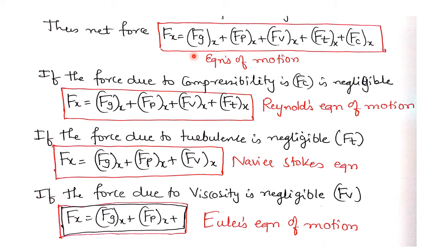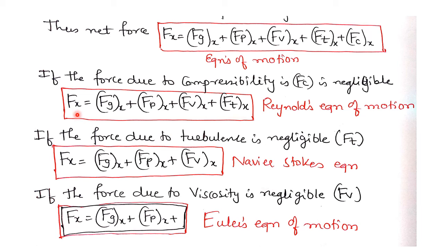Now in this equation of motion, if the force due to compressibility, Fc, is negligible, then my equation reduces to Fx = Fg of x plus Fp of x plus Fv of x plus Ft of x, and this equation is called the Reynolds equation of motion. In this equation, if the force due to turbulence is negligible,